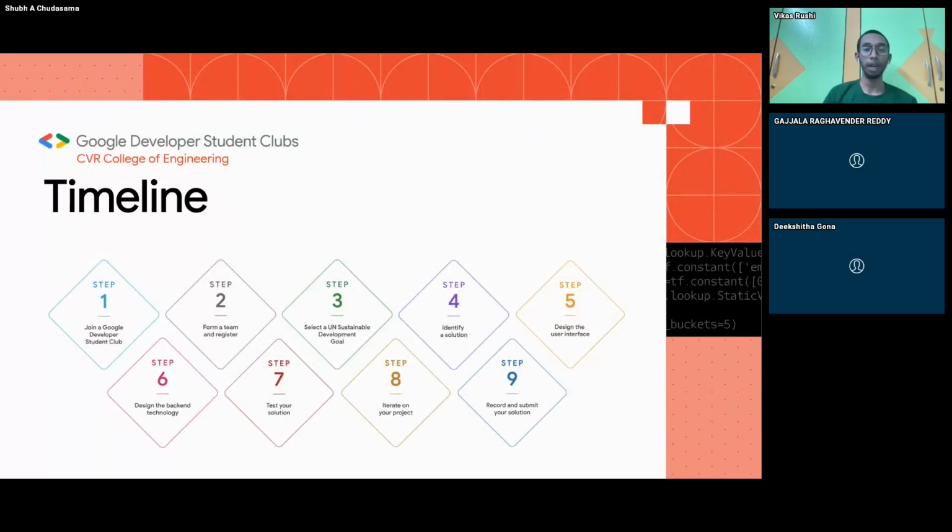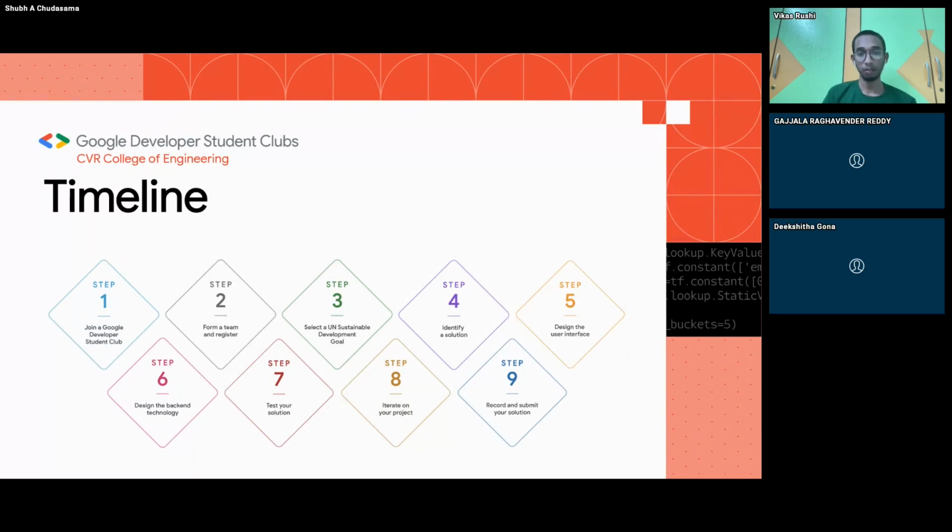Then, after building a project, you need to iterate on your project in multiple stages. Once you build the project and need to add some features, we iterate on that, and we need to get some support from the mentors. Are we building the right product or not? We need to validate our idea, and if you are building any system, is it scalable or not? If the system can be used by 10,000, 20,000, even 1 lakh people, what if we scale up to 1 million people? Does the system work?